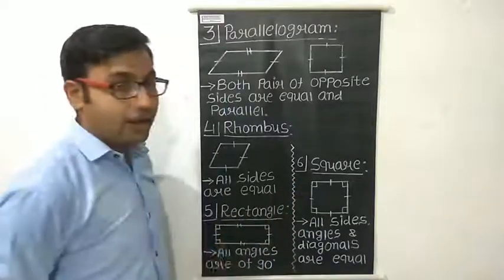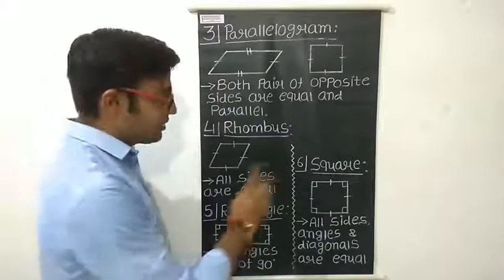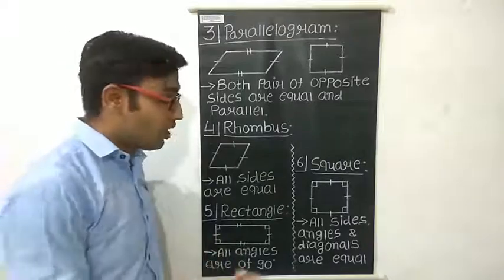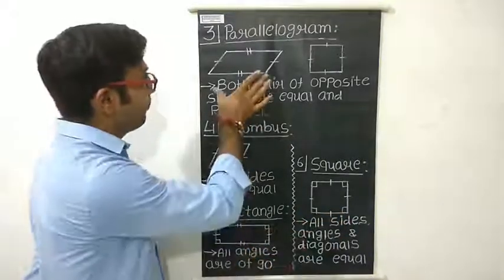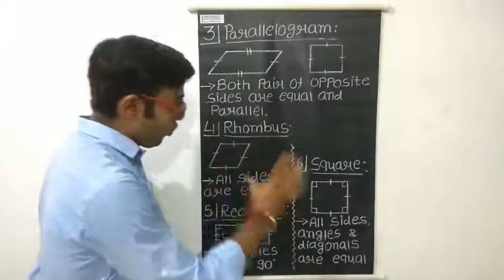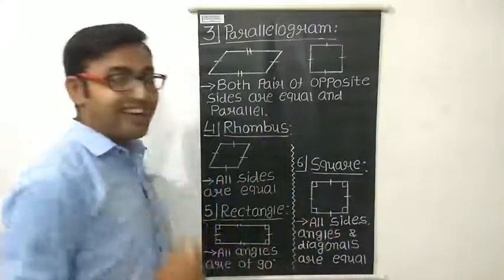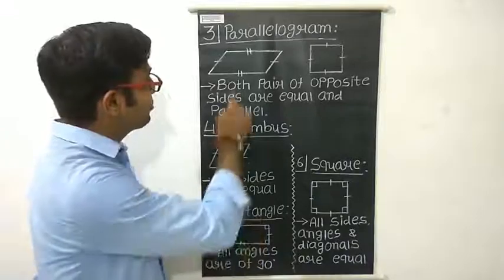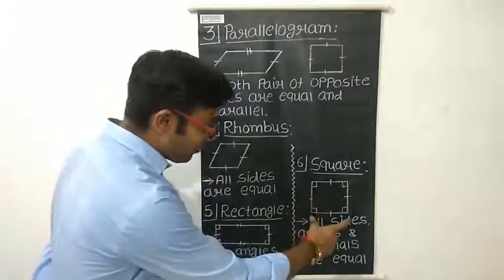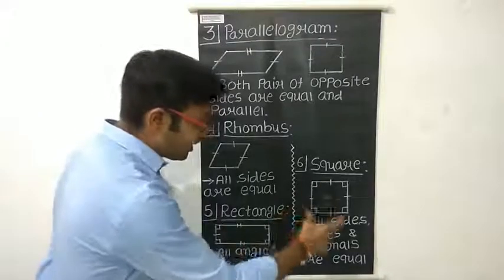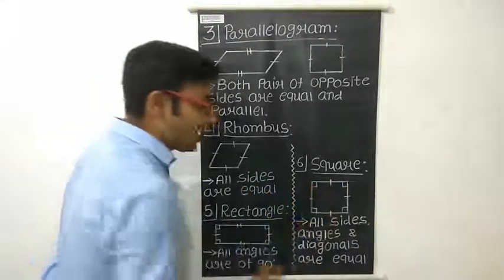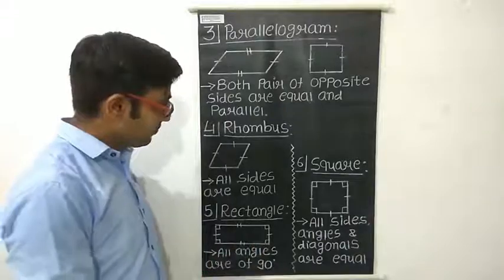Now the square, right? The sixth shape is a square. What is a square? A square has all the properties of a parallelogram, rhombus and rectangle, right? See, first of all, parallelogram means both pairs of opposite sides must be equal and parallel. So these sides are equal and parallel. These two sides are also equal and parallel. Now what is the